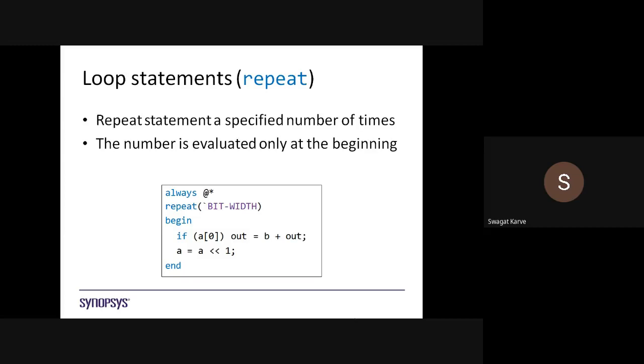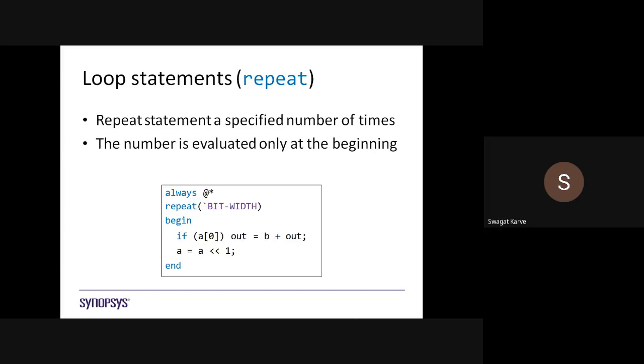So what does bit width mean? It means how many bits there are for that variable A. Suppose it's a 4-bit, then this repeat loop will execute 4 number of times. If it is a 6-bit number, the repeat loop will execute 6 number of times. If it is an 8-bit value, then the expressions after that repeat will continue to repeat 8 number of times, right?